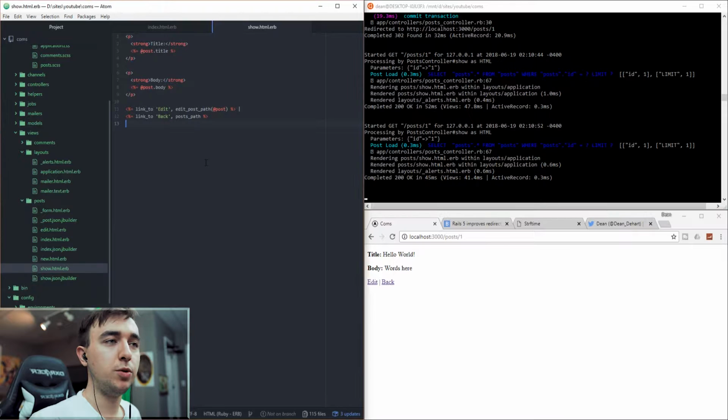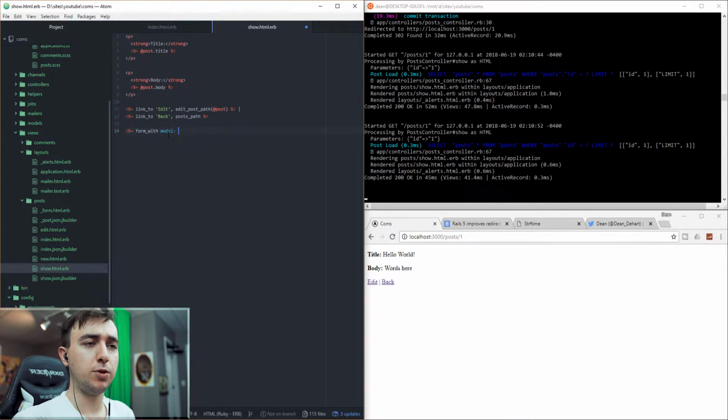Now what we want to do in our post show page is down here we want to have a form_with, and because this is a form I am adding the equal sign right here. So we want a form_with model, and this is a new Rails 5 type of form, so if you're not familiar with form_with yet, maybe go check that out. It kind of just defaults to remote, so instead of having form_for where you have to say remote: true, with form_with you have to say local: true if you want it to refresh the page for something like this. So we want to say form_with model, and then in square brackets we'll say @post,